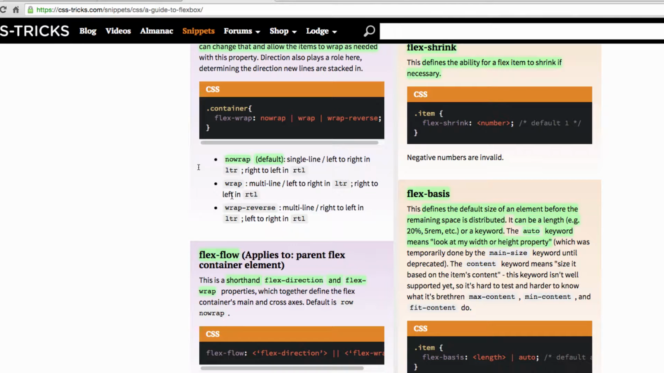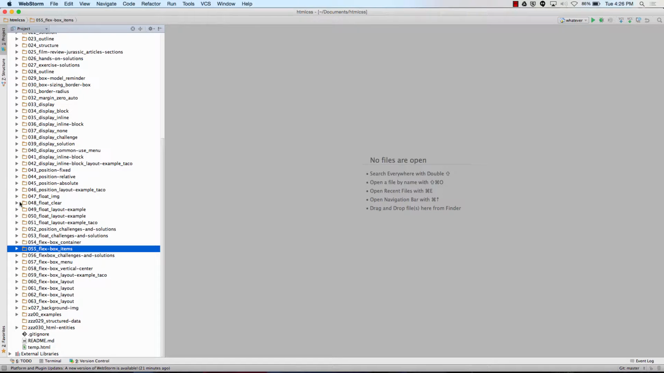Okay? So let's see it in action. So I just want to say those properties back to you before I show you that, because there's display flex, flex direction, flex wrap, flex flow shorthand, justify content, align items, align content. Not that many. Okay? Not that many. However, the permutations on them,